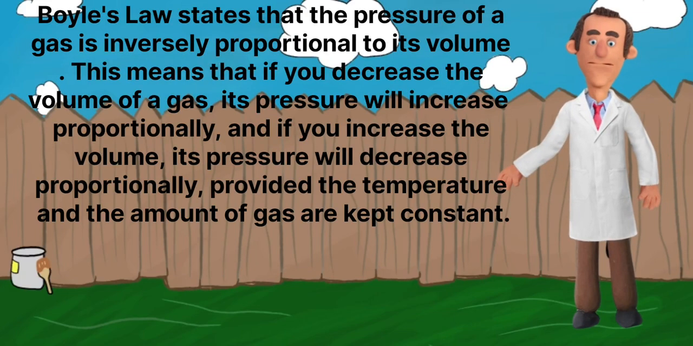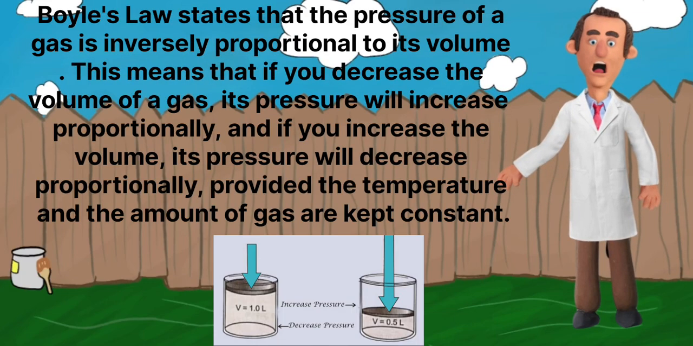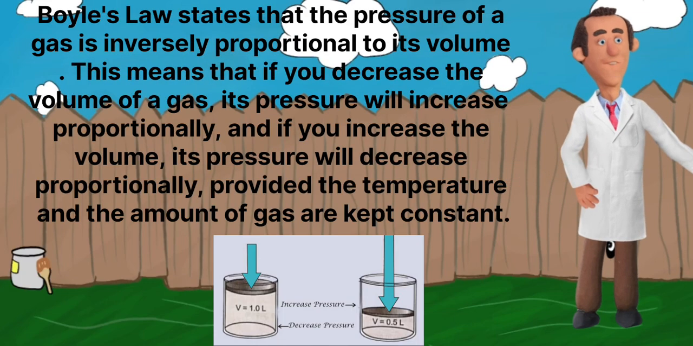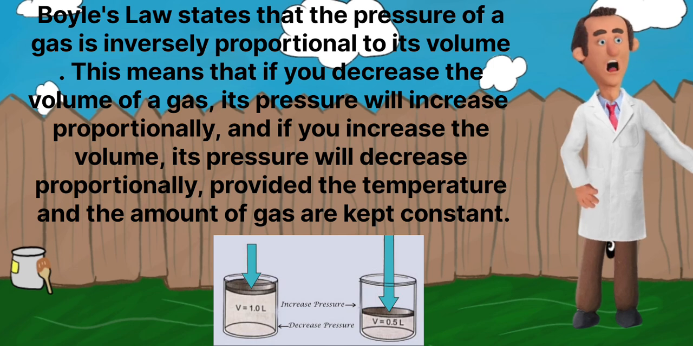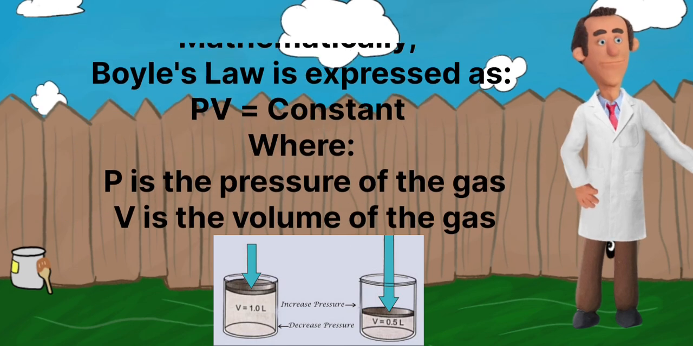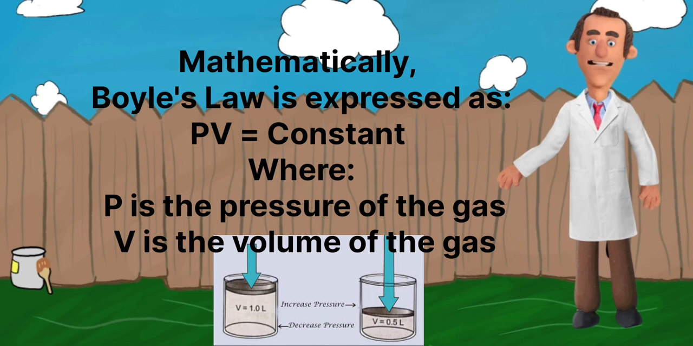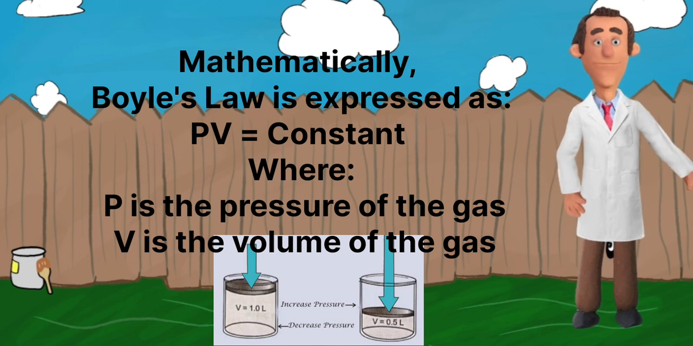Boyle's law states that the pressure of a gas is inversely proportional to its volume. This means that if you decrease the volume of a gas, its pressure will increase proportionally, and if you increase the volume, its pressure will decrease proportionally, provided the temperature and the amount of gas are kept constant. Mathematically, Boyle's law is expressed as PV equals constant, where P is the pressure of the gas, V is the